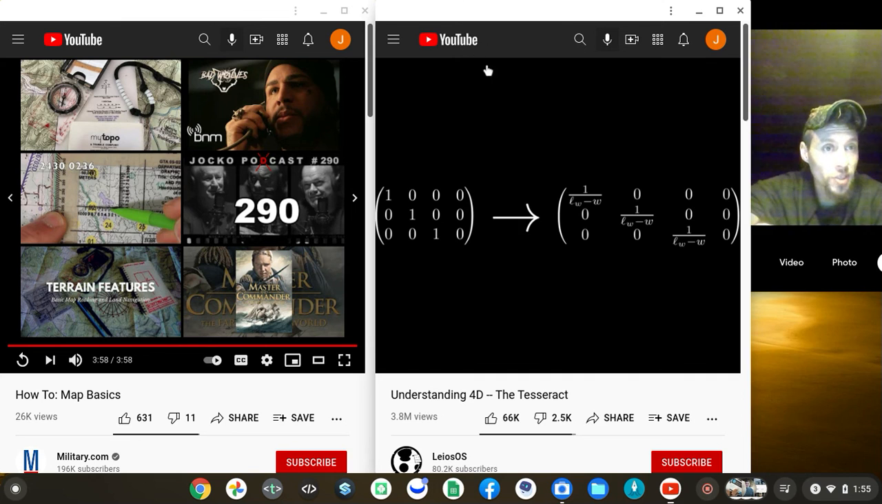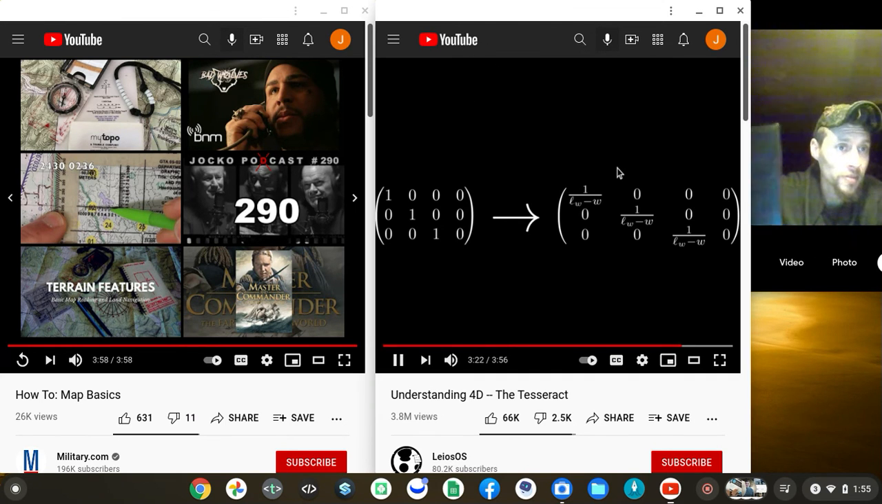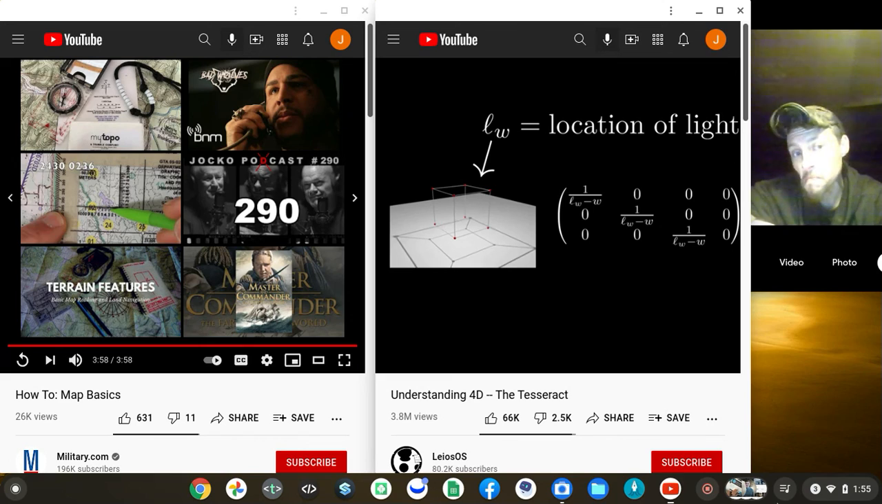So did I just run a 6-dimensional object? The matrix by LW minus W, where LW is the position of the light source